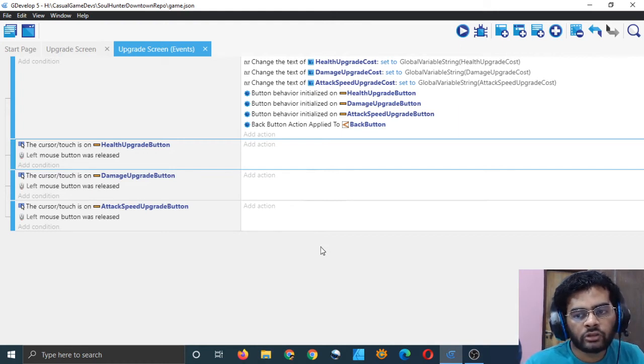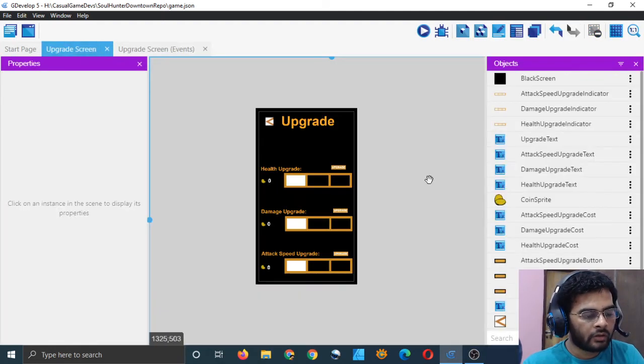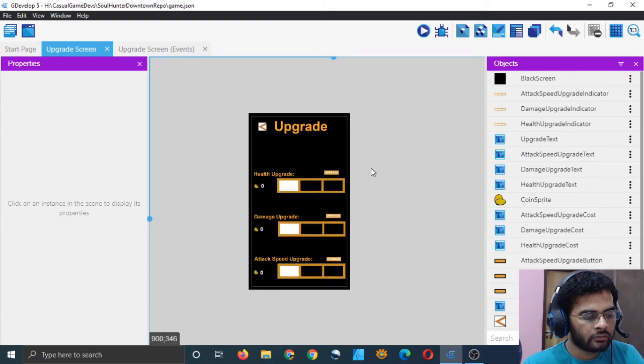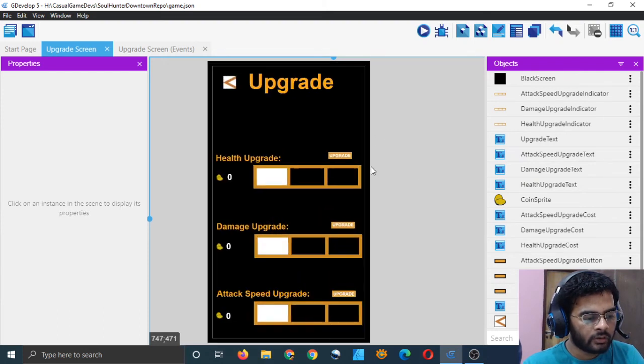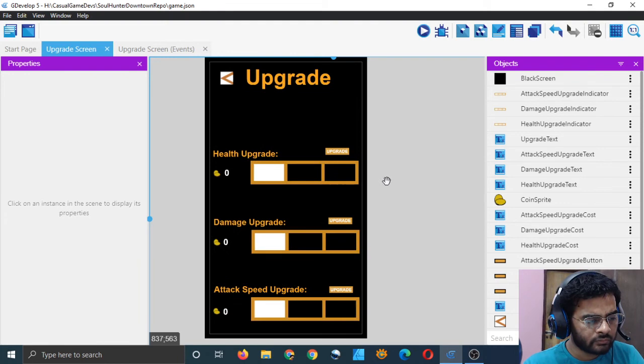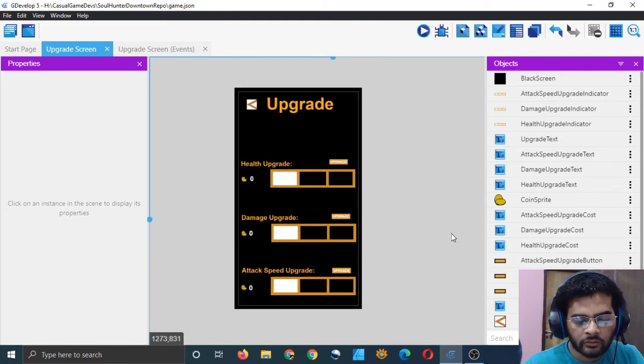We will have to check if the player has enough money, enough coins to make this purchase. And I believe that we should also show the player how much coin they have, so let's do it.